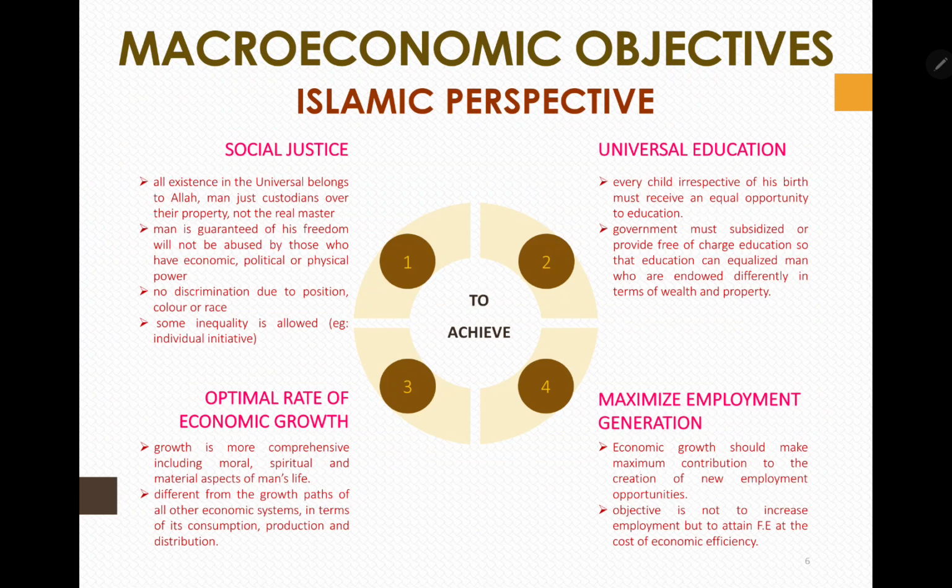Next is the macroeconomic objective from Islamic perspective. So the target or the goals for the Islamic perspective is different. So the first objective under this Islamic perspective is to achieve social justice. Social justice means that they want to make sure that all people are treated fairly in the country, and no